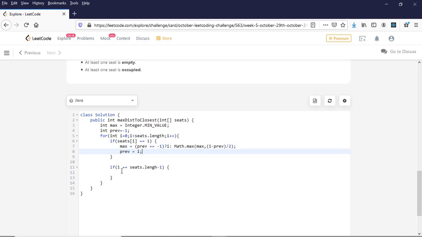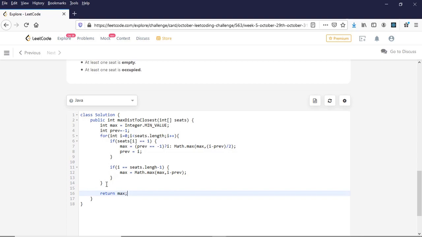At the end, if i equal to seats.length minus 1, I just need to do my current minus p. So max equal to Math.max of current max comma i minus previous value. At the end I can directly return my max value.